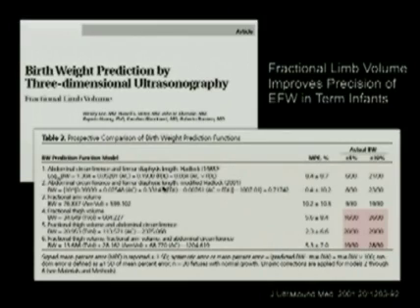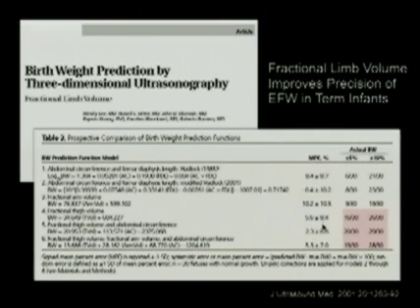Hadlock model that uses the same parameters but modified for our own population. We can have a formula with just arm volume alone, thigh volume alone. We can say thigh volume and AC, and thigh volume and arm volume and AC. But the point is that if you look at the systematic and random error of these estimations of term babies,